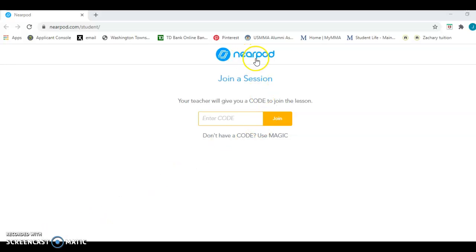Here's the title in the middle in blue, Nearpod. The icon for Nearpod is this symbol here. It's a blue circle with two white rhombuses. So if you see that on your iPad, you would just click on that and it will take you to